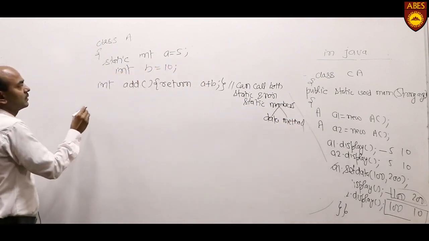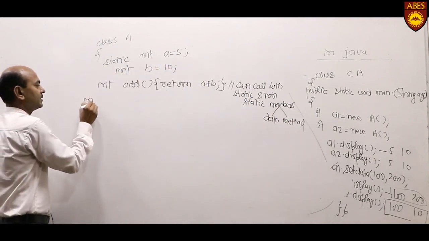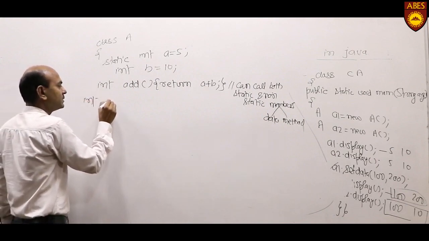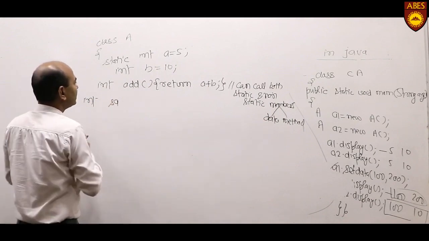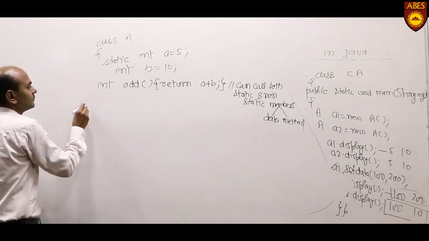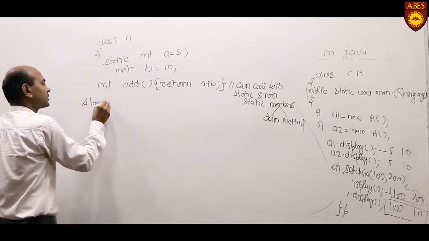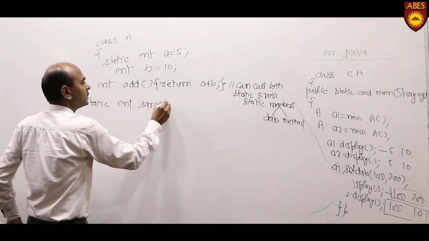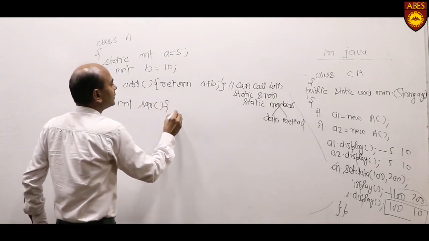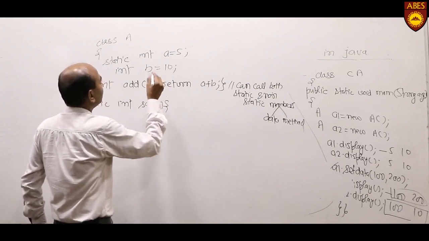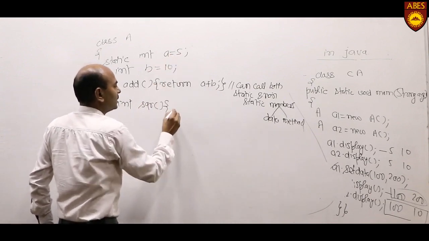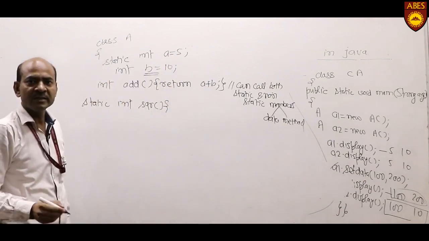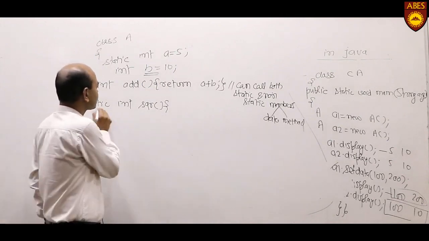There is one more method, a square method, sqr, and this time the method is static. Static int sqr. So what will this return? If we use b inside this static method, it will produce an error, because